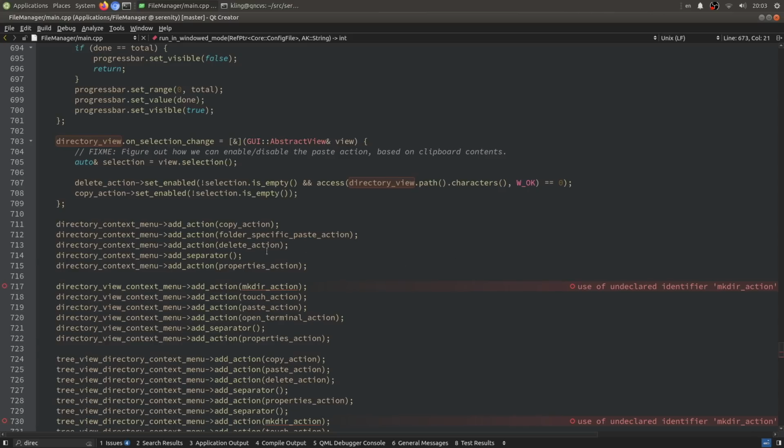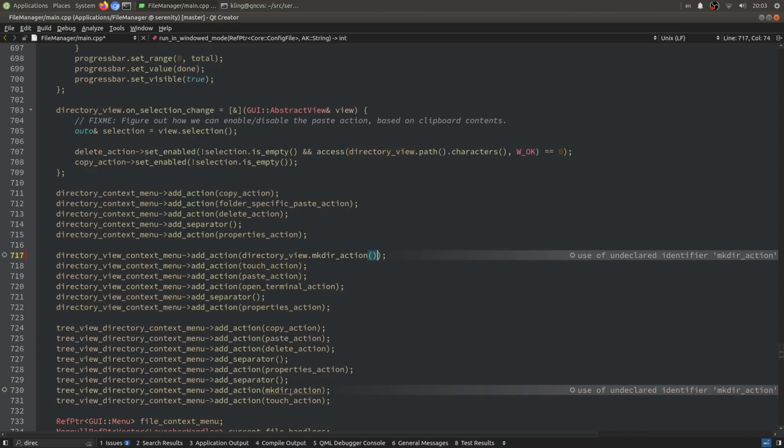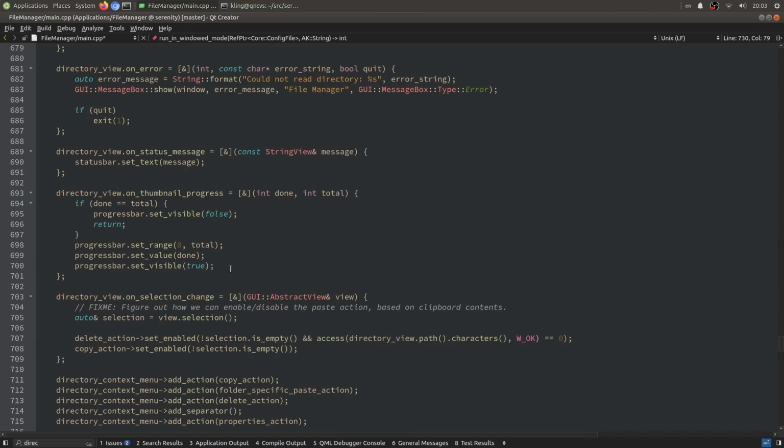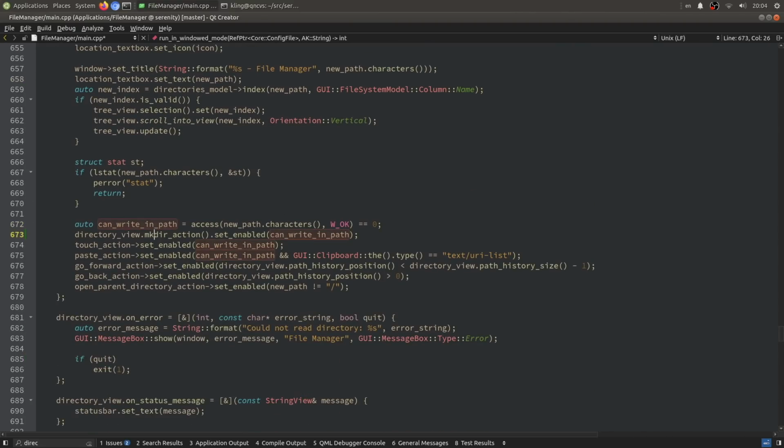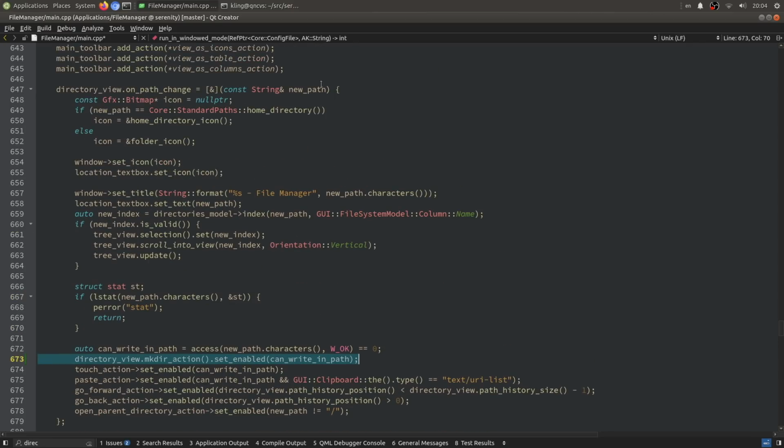Let's just see what these other red things are. Okay, so they're more like this and this. Okay, so just adding it to context menus. But action enabled state, if we do it here, then the action is not gonna update when we switch the desktop to a different place, which we're not gonna do anyway, but even so, I think it would be better factoring to put this into